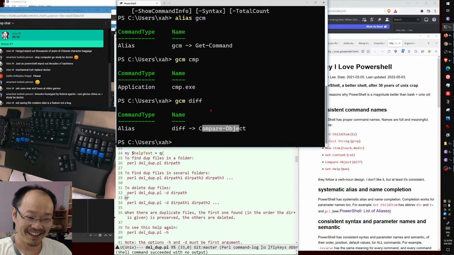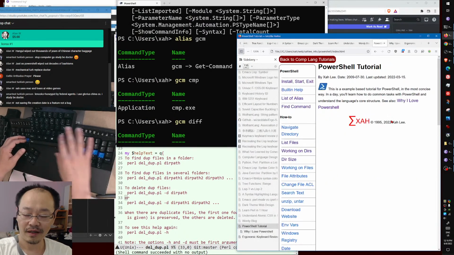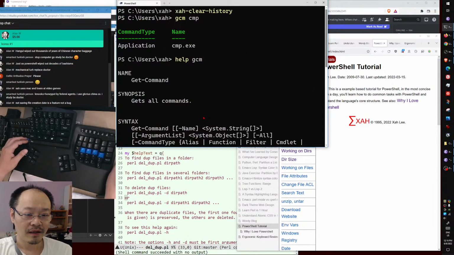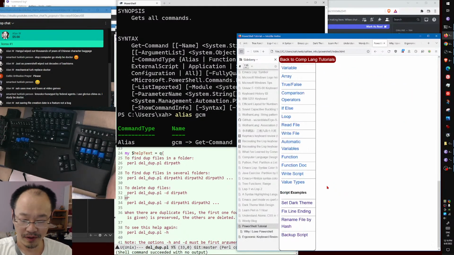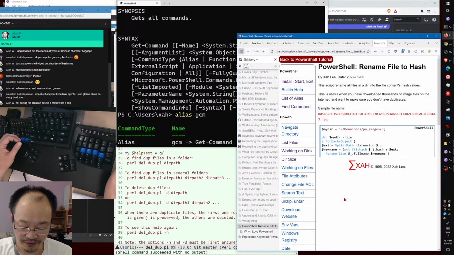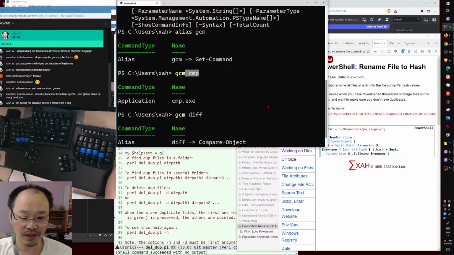So on Unix, you have diff, you have compare, that compares whether two files are the same. Okay, so let me get back to what I am talking about. Let's get back to the demo of this PowerShell script. Rename file by hash. So how do you compare whether two files are the same? One way is to use diff or the cmp command, or another way is to, once you find